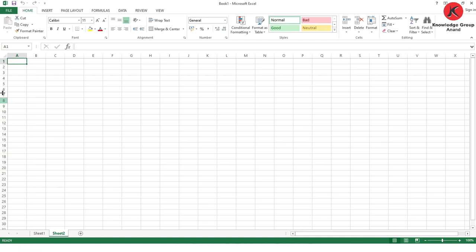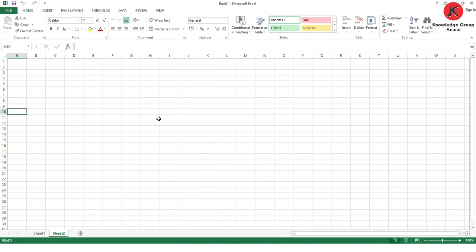Next is the name box. The name box shows which cell you have clicked or currently selected. Right now I'm going to click F and 2, so the name box shows F2. In the same way, if I click here, it shows A10, because the column is A and the row is 10.